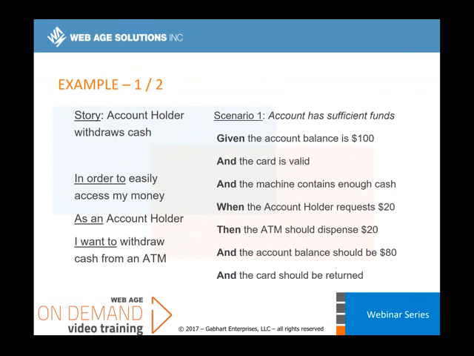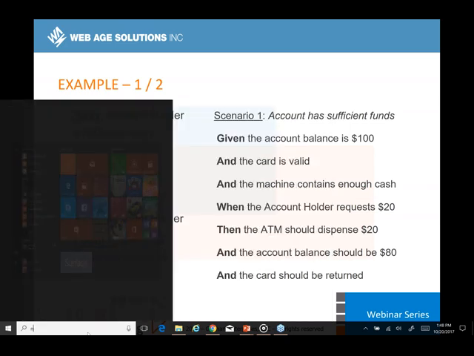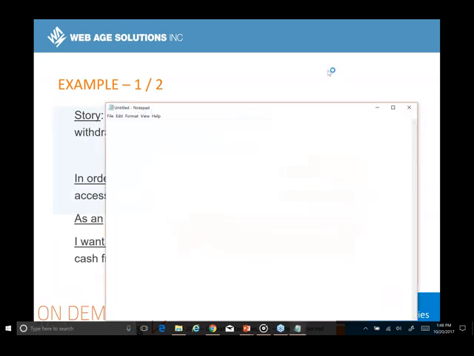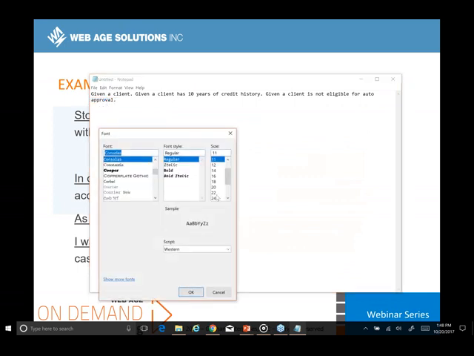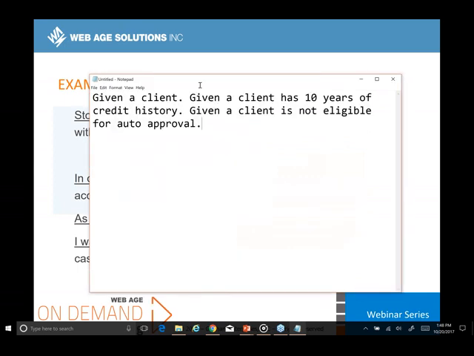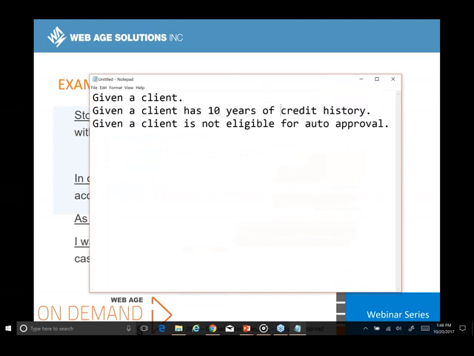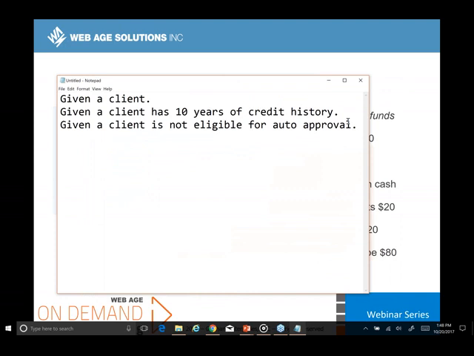No, it's fine. So here's what I would do. And I started to kind of do it in the software, and that was actually kind of clunky. So I'm going to do it slightly differently, which is I'm going to use just Notepad. Sometimes the simplest tools are the best ones. And then I'll change the format to be a meaningful size that people can see. There we go. And so I would actually do given a client has 10 years of credit history, given a client is not eligible for auto approval. And then I would say,